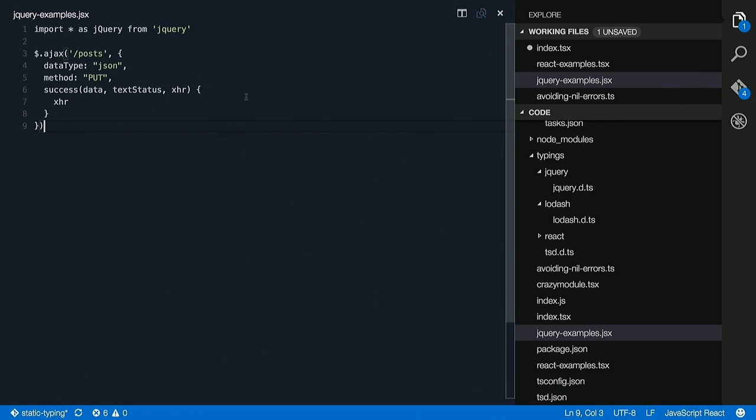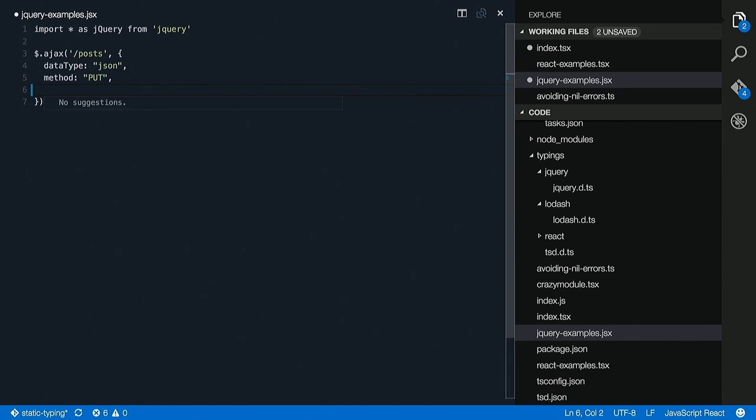You just have to read the docs and figure out what they do. There's a project out there on GitHub called Definitely Typed that allows you to download TypeScript definitions for all the types they come with. So this is a really cool thing. It's a pretty basic jQuery deal here. You're going to make an AJAX call to your post endpoint, and when it finishes, you're going to do something with it. What's awesome is that it actually,